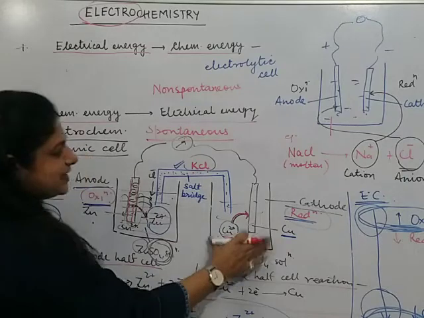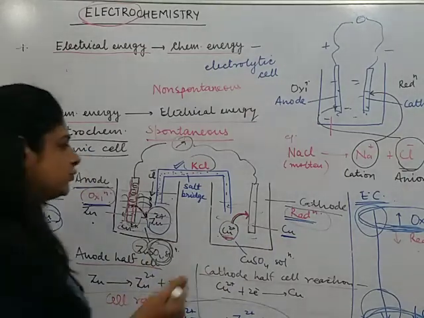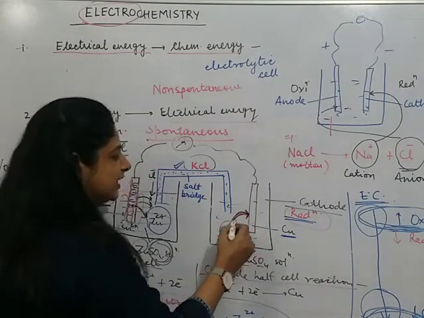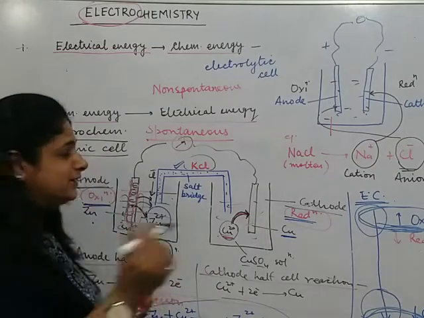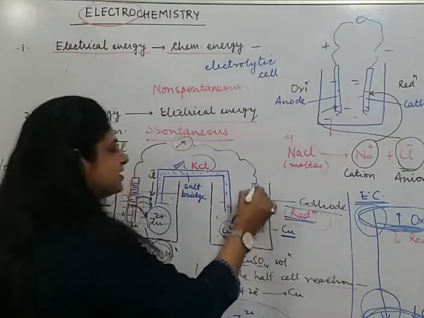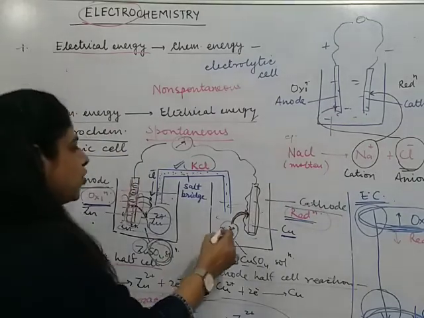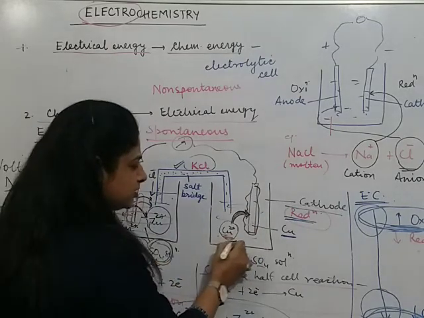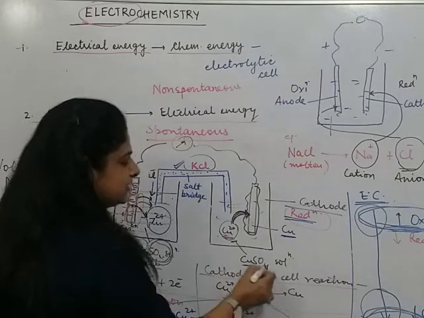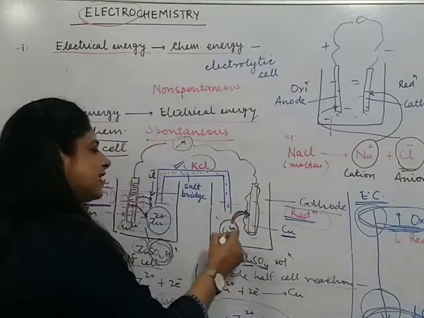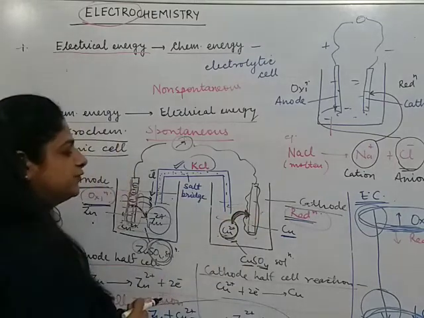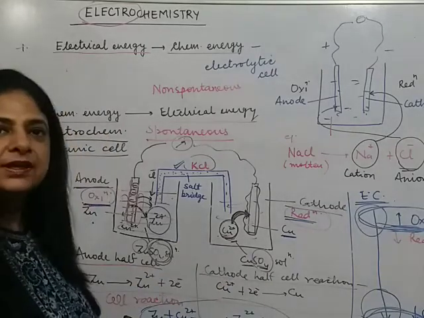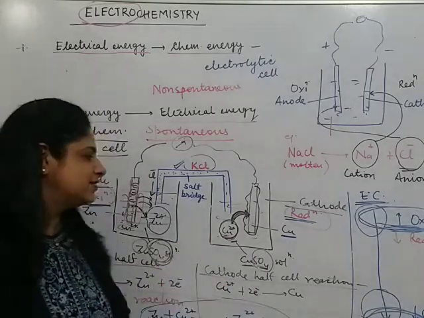Similarly, let's take this half cell now. In this case, what is happening? We have copper sulfate solution. Copper ion is getting reduced and getting deposited over this. So one thing is, it will gradually increase in size. Copper ions are getting converted to copper metal. They are getting deposited. The solution is composed of copper ion and sulfate ion. When the copper ions are getting deposited from this solution, there would be an excess of sulfate ions remaining in the solution. So again electrical neutrality is disturbed.